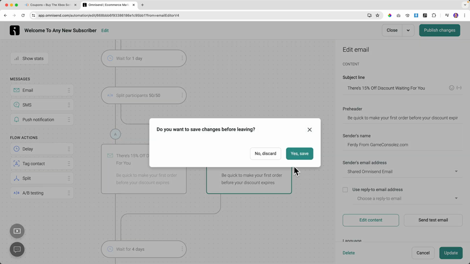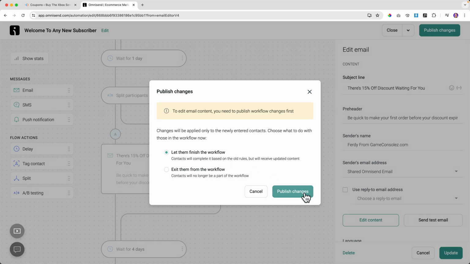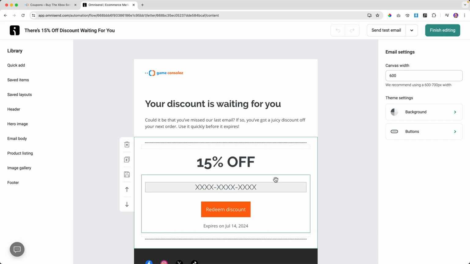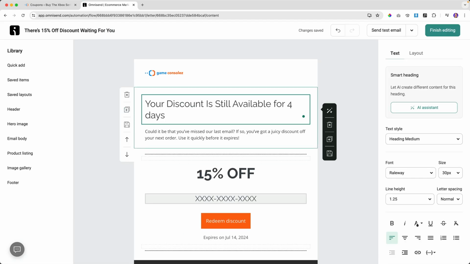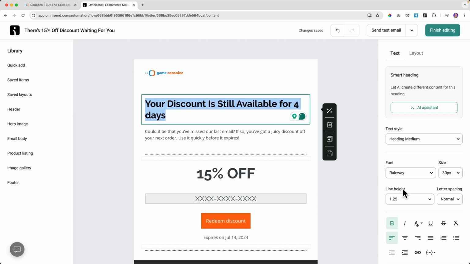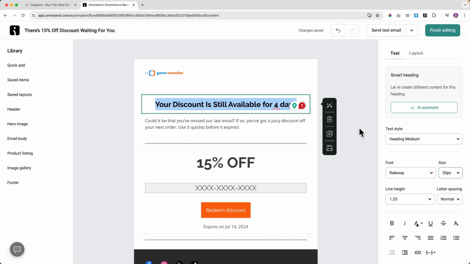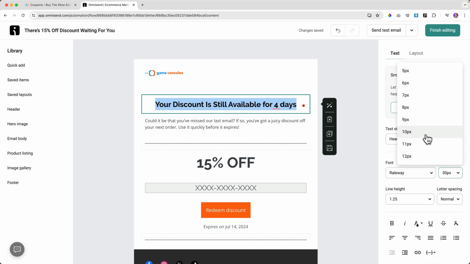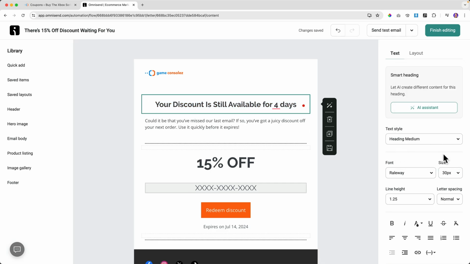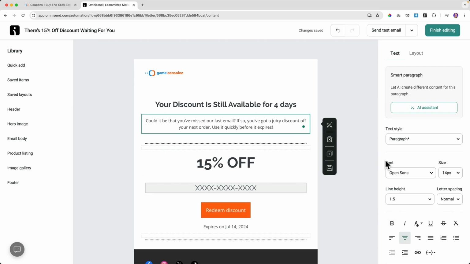Edit the content. Change one simple thing. Something like that. Make it bold, bring it to the center, make it a bit smaller. Bring it to the center. Finish.